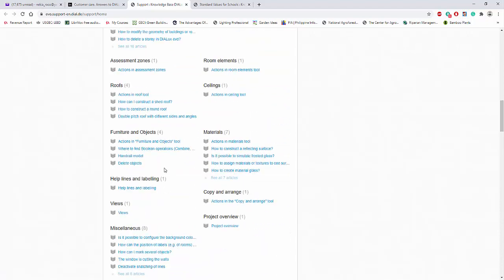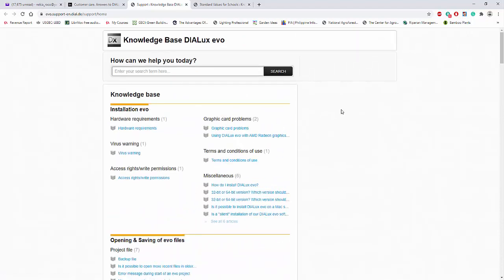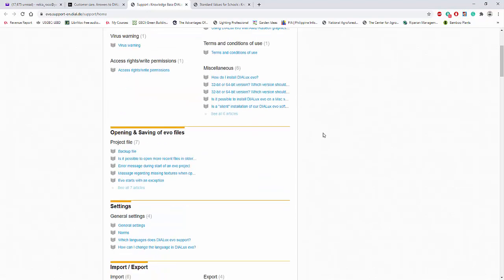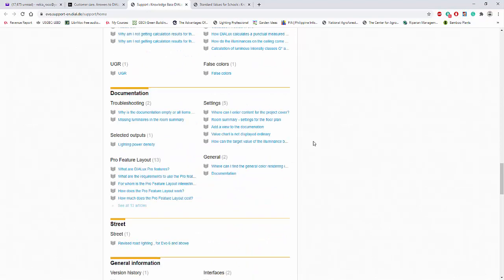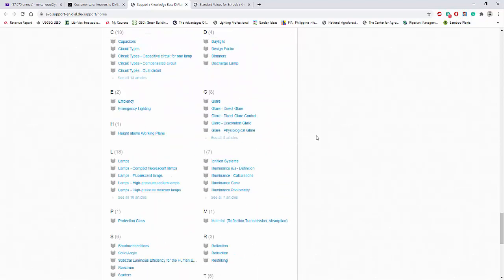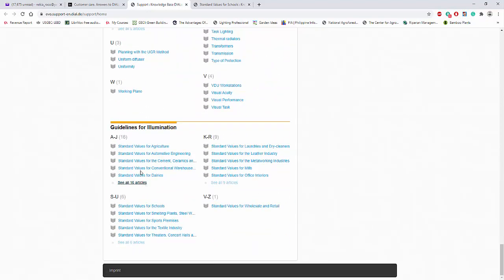This is the one I mentioned in my previous YouTube video, the knowledge base in DIALux evo. Just scroll down and you will find the lighting design requirements for schools. And this is the one, standard values for schools.